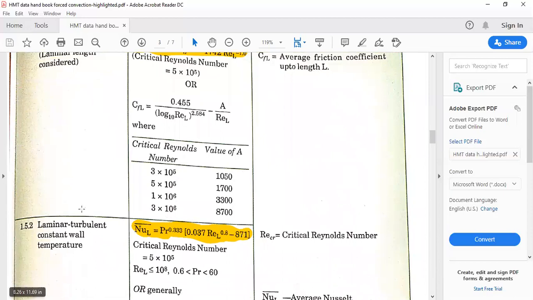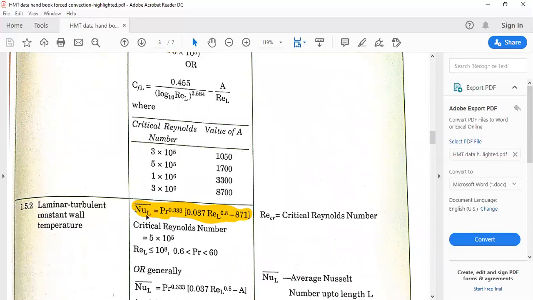So again for laminar and turbulent combined, if you want to find out the average heat transfer coefficient, go to this expression first: Nusselt number, Nu_L bar is equal to this one, with Re_L and 0.81. So get the expression for Nu_L bar. Then Nu_L bar is nothing but h bar into characteristic length by k, h bar L by k, and get the value of h bar. h bar is nothing but the average heat transfer coefficient for the length L, wherein you consider both laminar and turbulent regions.